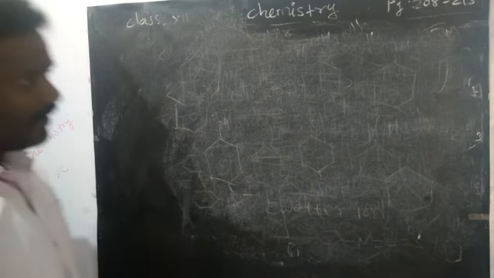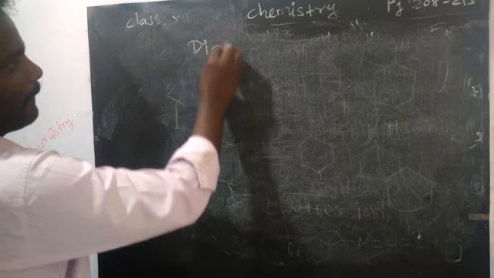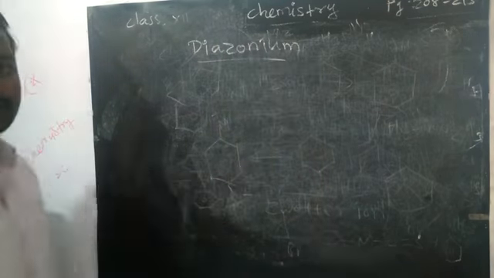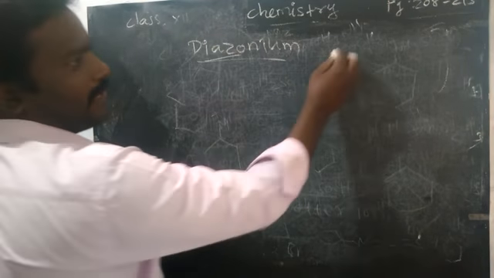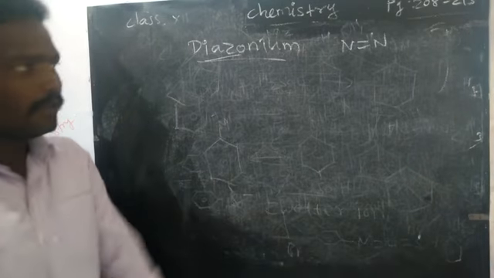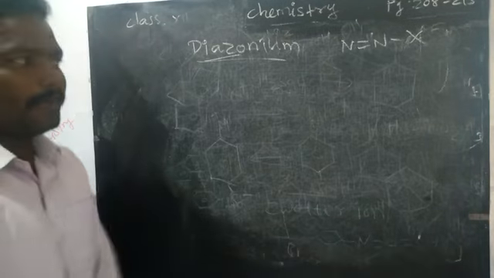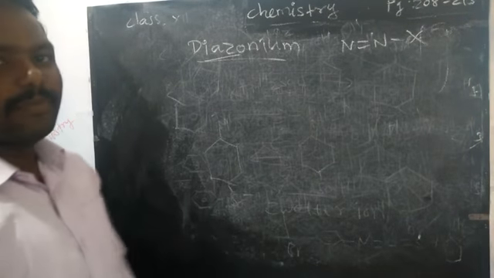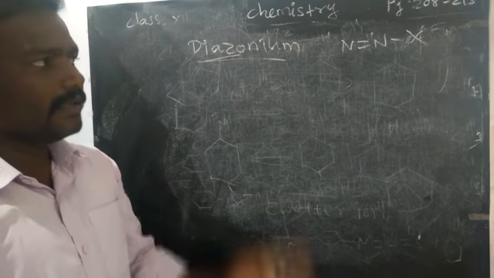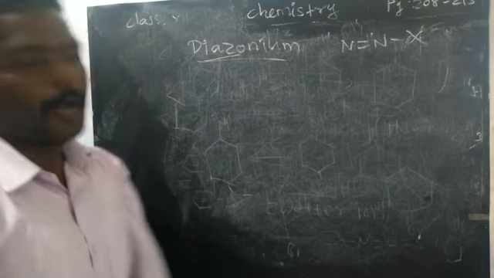Okay, next, very important compounds we are going to start: diazonium salt compounds. What does diazonium salt compound mean? First, diazo means what? The N double bond N group only is called the diazo group. With any halogen, if you find it, you can say that is a diazonium compound. Already we have prepared it in the previous pages by using nitrous acid and HCl with aniline or amine. We will prepare the diazonium compound. Azo or diazo means N double bond N.